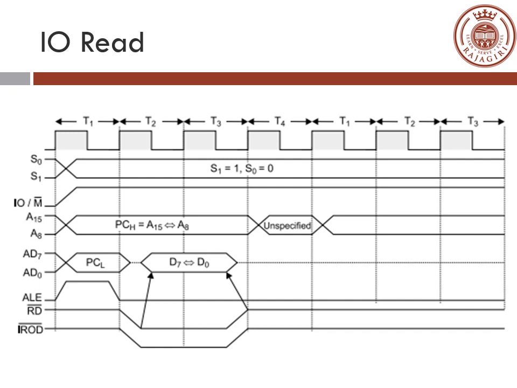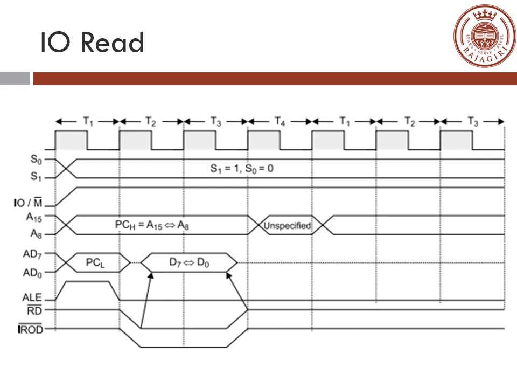Coming to the IO read, here also you will be specifying the address. It is the same process. The only difference over here is that you can see the IO bar M bar value is 1. You can see that signal has become 1. In the previous cases, the IO bar M bar signal was 0, which denotes a memory operation. Right now, the IO bar M bar signal is 1, which denotes that it is an IO operation.